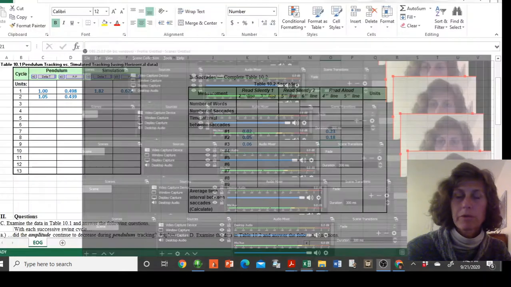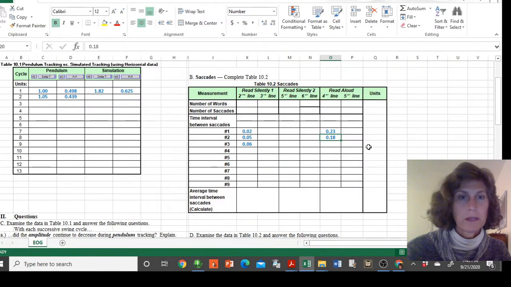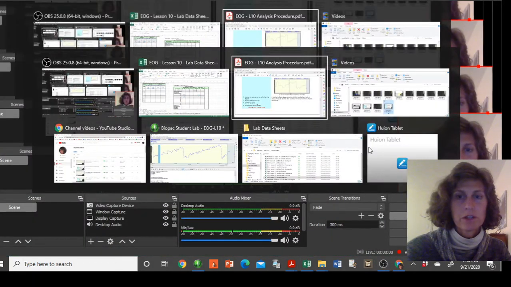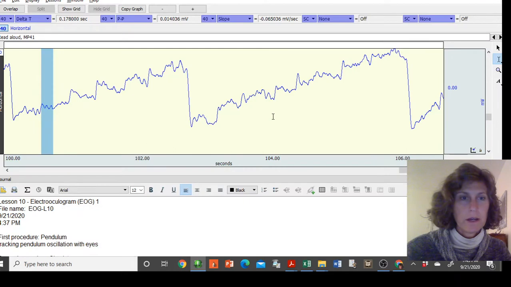So just picking up where we left off, we had entered a 0.18 in this next table here, and I was mentioning that you will continue. From here you'll just continue recording your data. We were just going through the read aloud,